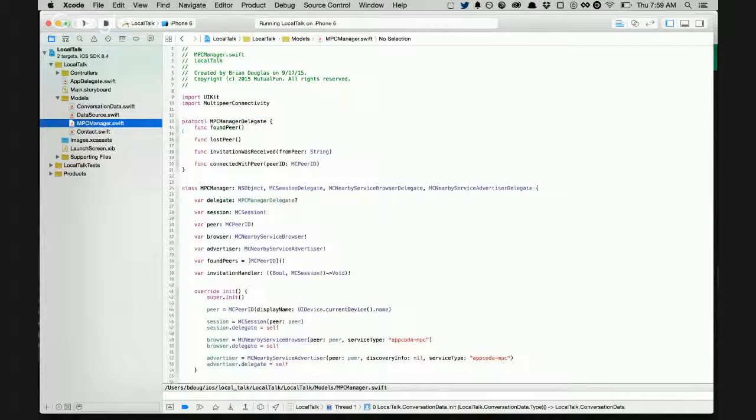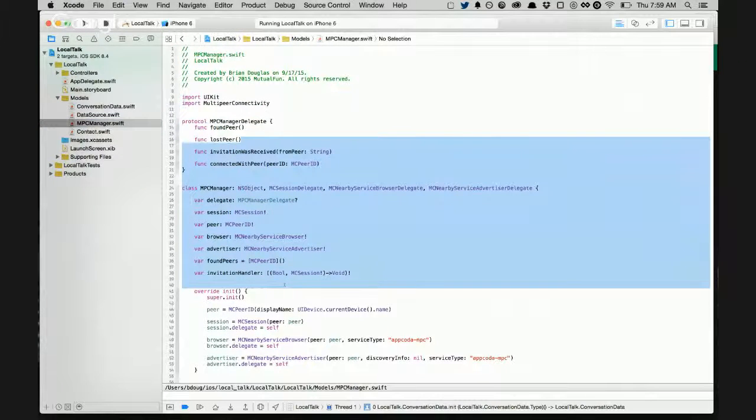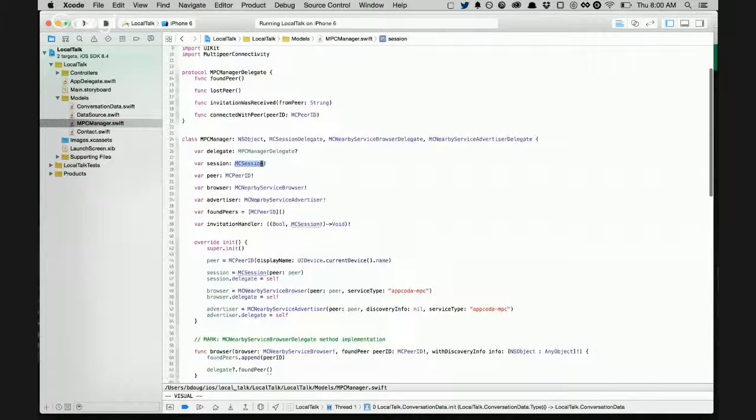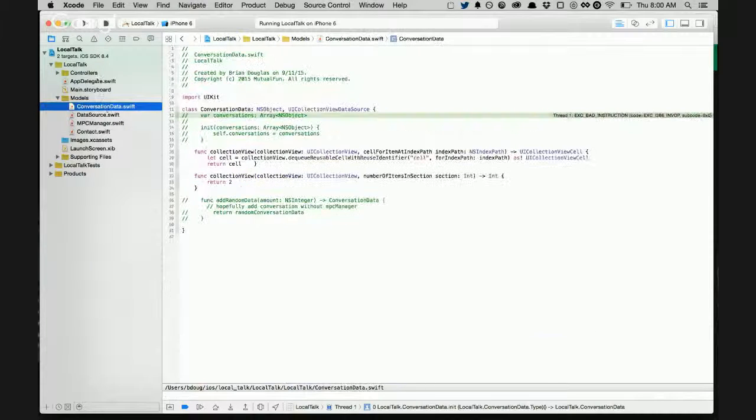But based on a blog post that I found, I implemented this MPCManager thing so you can do sessions and all that other stuff. And I've got my conversation data, which is my original object that I have in my storyboard that's here